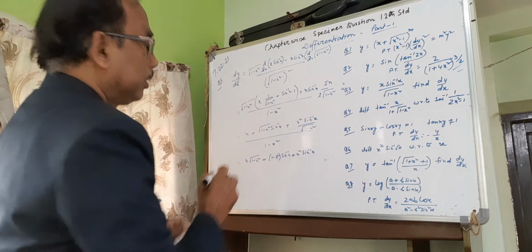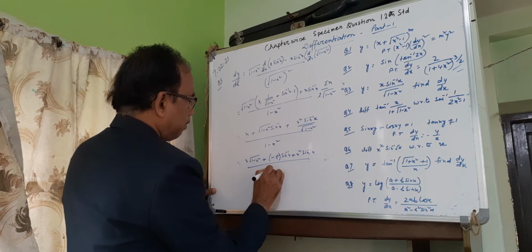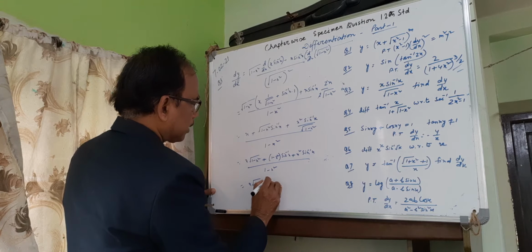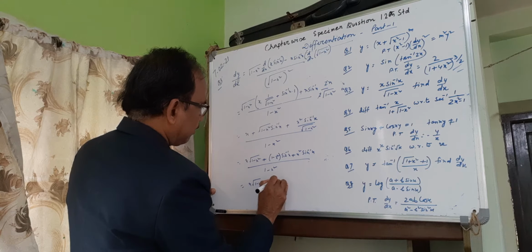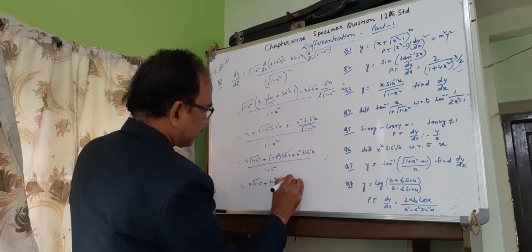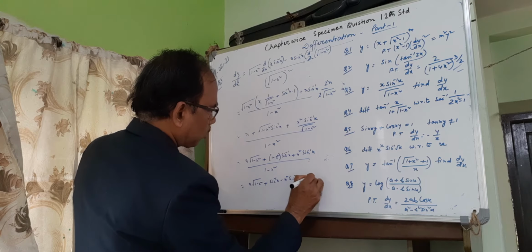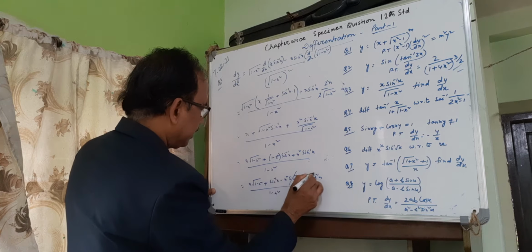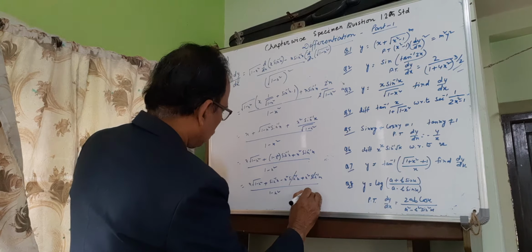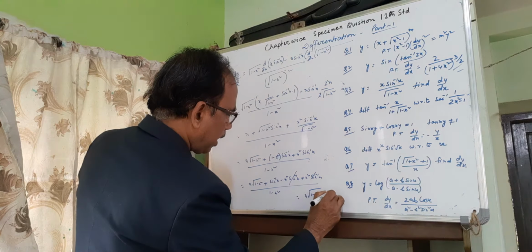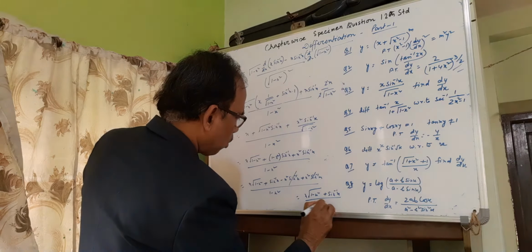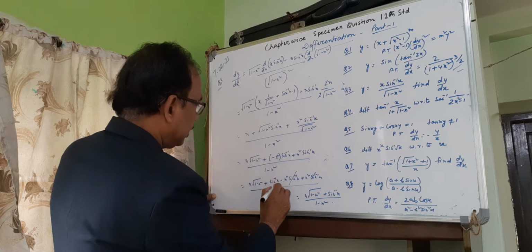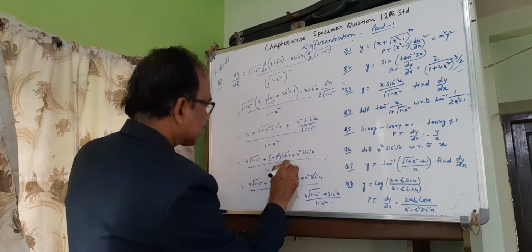We have to find over 1 minus x square, that is x root over of 1 minus x square plus sine inverse x minus x square sine inverse x plus x square sine inverse x over 1 minus x square. This and this cancelled. The answer is x root over of 1 minus x square plus sine inverse x by 1 minus x square. That is 1 minus x square, denominator is this, you have to write 1 minus x square to the power half.